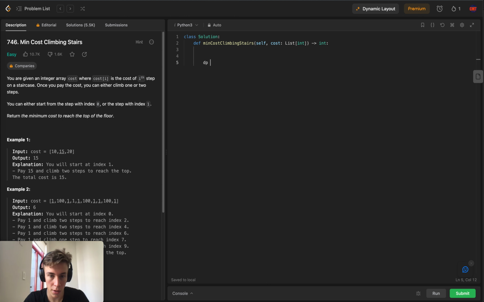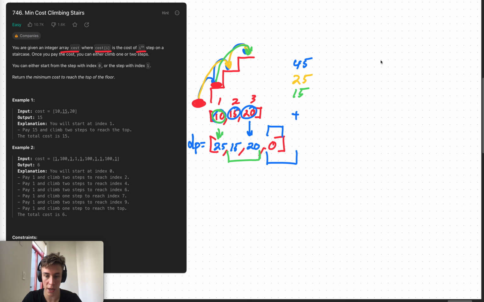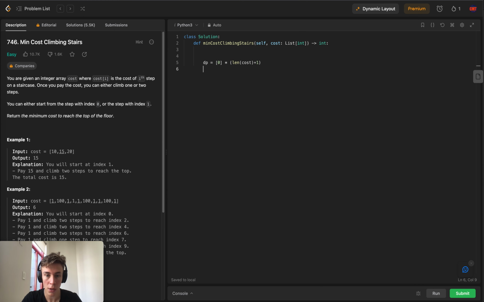But this is the implementation. Here we have the DP array. We're going to say that it is of length cost plus 1. I want that extra number on the last element representing the final floor. And then I'm just going to